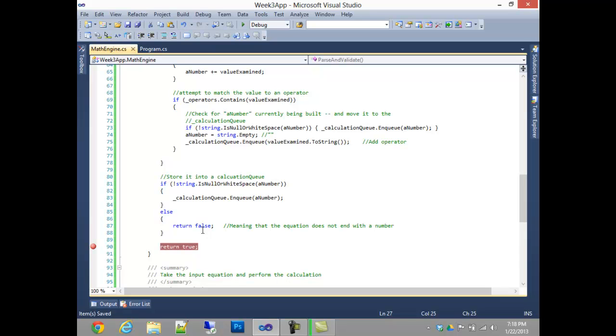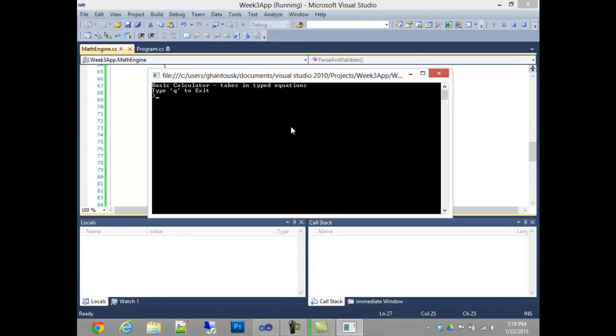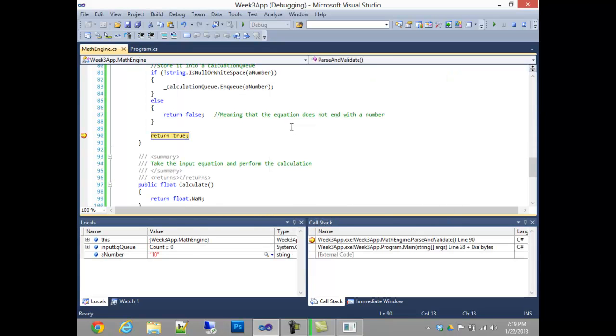Alright, so I'm going to go ahead and just run this. I put a breakpoint here by clicking in the margin. So when you're in debug mode, as you run, it'll stop at that breakpoint. It'll allow you to examine what's going on. So you kind of saw me doing this. 300 divided by 3 times 10 equals, and this breakpoint will let me stop and examine the memory